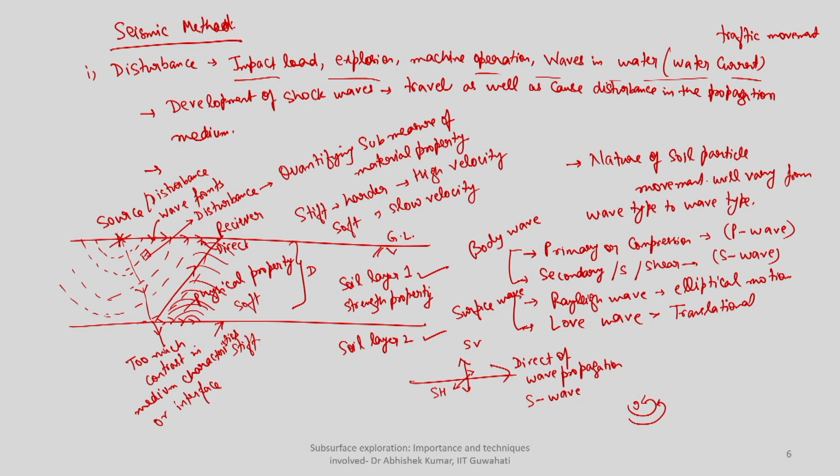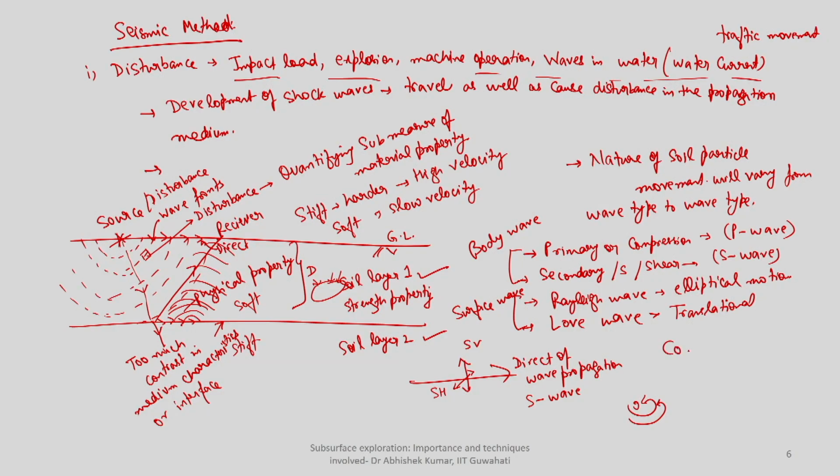Again, you can have other waves which are mostly generated because of reflection from heterogeneities present in the medium. Like there can be any local pocket available in the medium. Whenever that local pocket is there, that will be considered as an additional source of disturbance, from which the waves are getting reflected or some energy is getting contained. So this will again be recorded at the receiver at a later stage. Those waves are called, to give you an example, coda waves, which are generated because of the heterogeneity present in the medium.